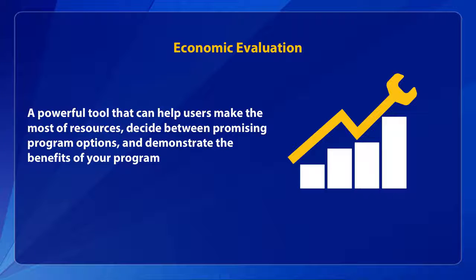Benefit cost analysis, and 4. Cost-effectiveness analysis. We will also discuss cost-utility analysis, a special type of cost-effectiveness analysis. In Part 1, we'll define these terms and explain how economic evaluation can help you. The modules that follow will walk you through the process you would use to develop and conduct each of these